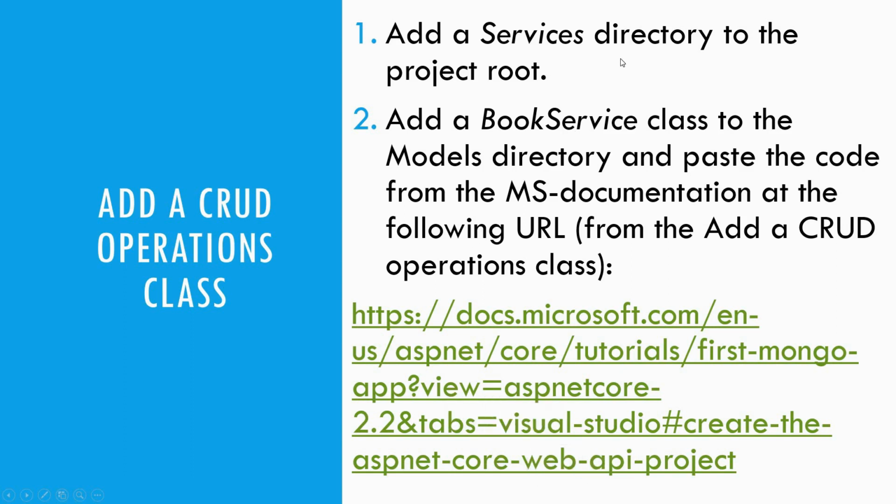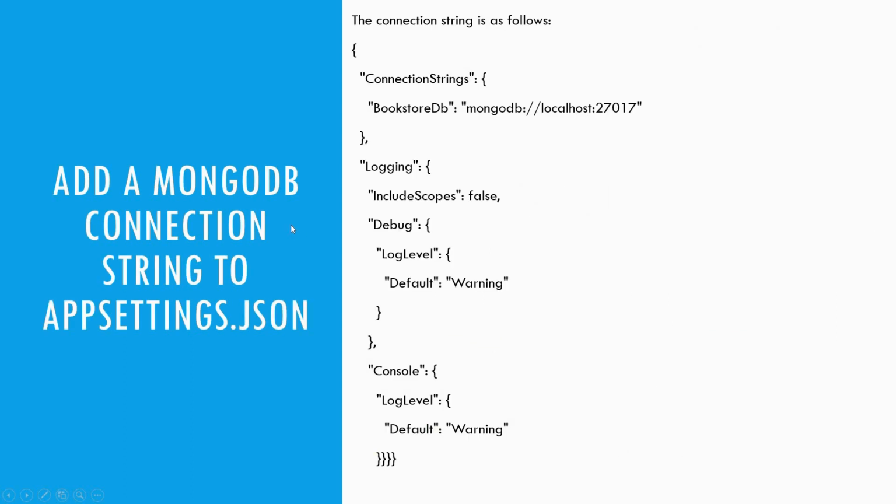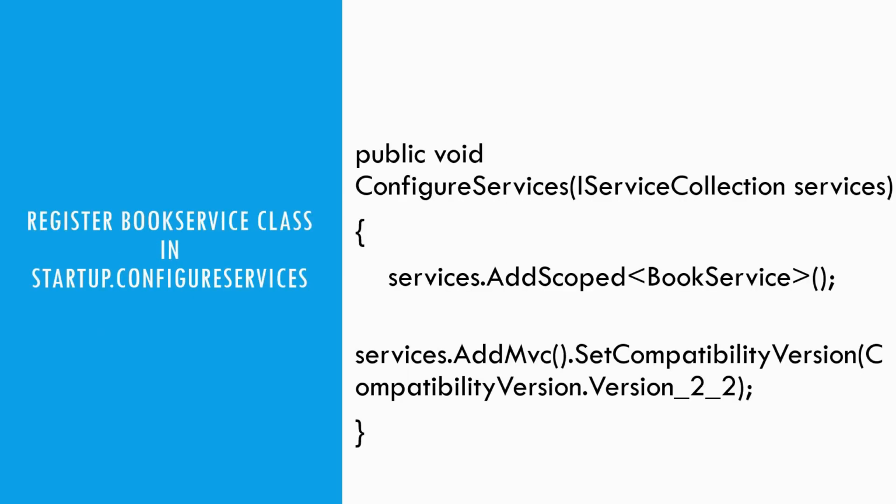we have already added the service directory and we have added the book service class. Next, we have also added the connection string to the appsettings.json file. Now we have to register this book service class in the Startup.ConfigureServices, right? This is a public method, ConfigureServices. If you have gone through my earlier lectures on ASP.NET Core Web API, we have to register our services in this